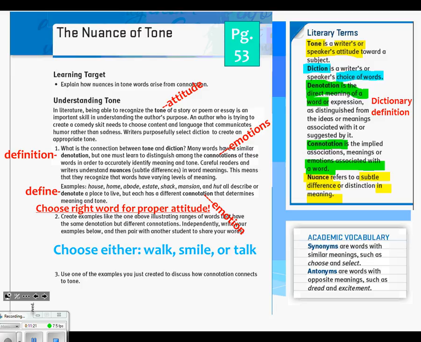All right, I'm going to have you come back with me. And I want you to turn to page 54. So you're just flipping it over. All right, now at the very top of page 54, you folks should see a list of 7 bolded words, and then variations of those bolded words. So you've got a list of 7 words, and you see their variations. And each one of those variations has a nuance, a slight difference in meaning.